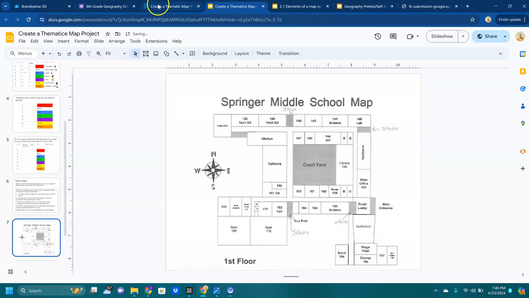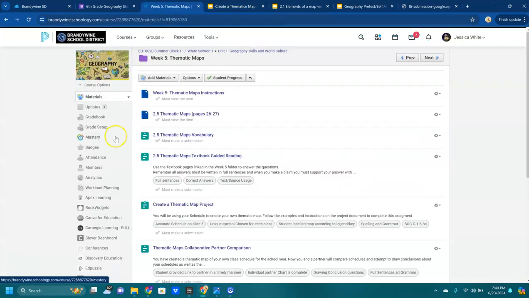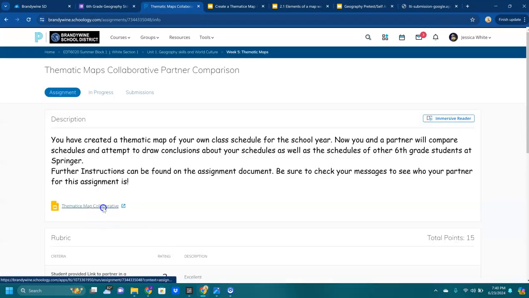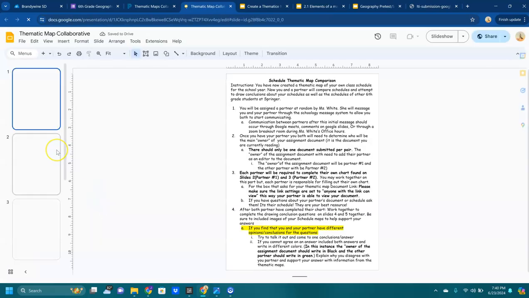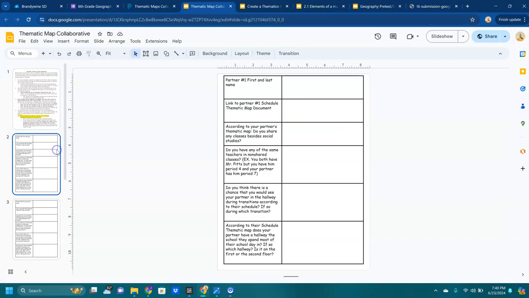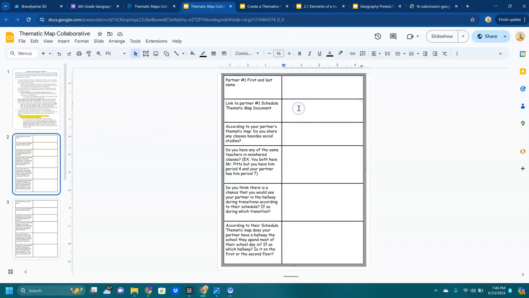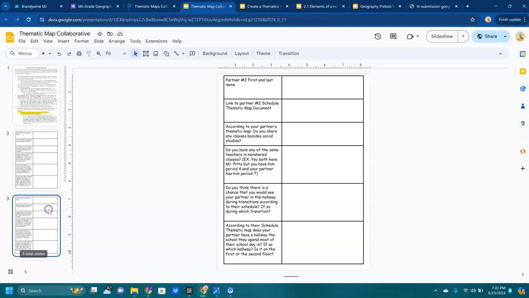Then students are going to work with a partner that I will assign them, so they're going to work in teams of 2, to do a collaborative project or collaborative comparison. So the first step will be each student is going to complete an individual chart. So partner 1 and partner 2 have the exact same chart. It's just labeled partner 1, partner 2 instead. So partner 1 would work on slide 2 here. They would fill in their first and last name. They would give a link to their partner on this slide so that their partner could come from, partner 2 from slide 3 up to slide 1, click on the link and access their document,